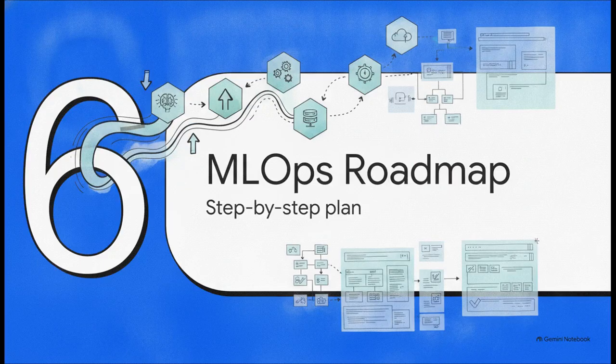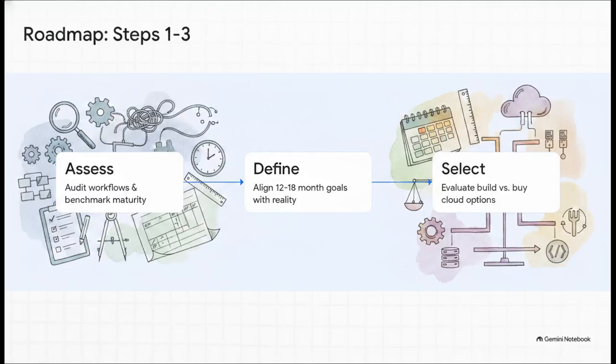All right, Section 6, your strategic MLOps roadmap. Let's tie all this theory together into a pragmatic, step-by-step path forward for your team. You're going to start with Step 1 by auditing your current manual handoffs to establish a documented baseline. Be honest about where you are. In Step 2, define a realistic target state for the next 12 to 18 months. Align this with your current reality, rather than trying to over-engineer some aspirational future state right out of the gate. Then, in Step 3, you make that crucial build versus buy platform decision between managed cloud services or open source